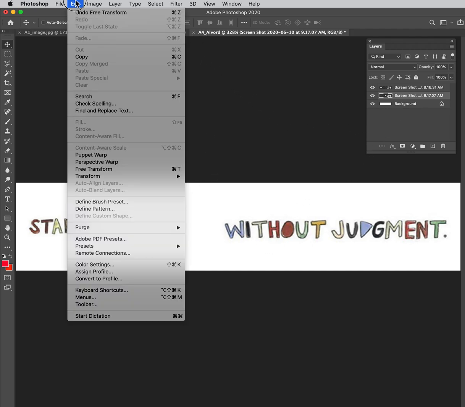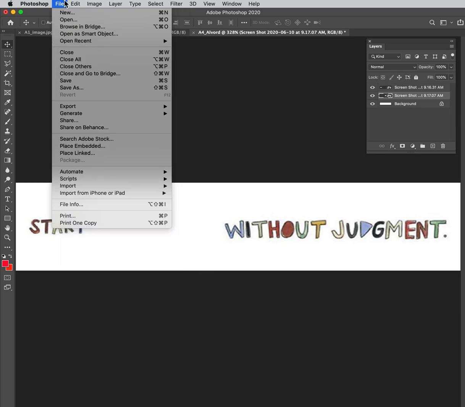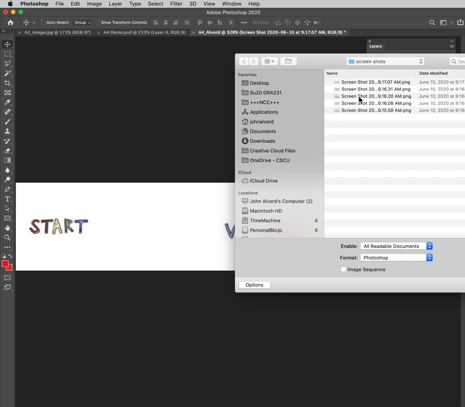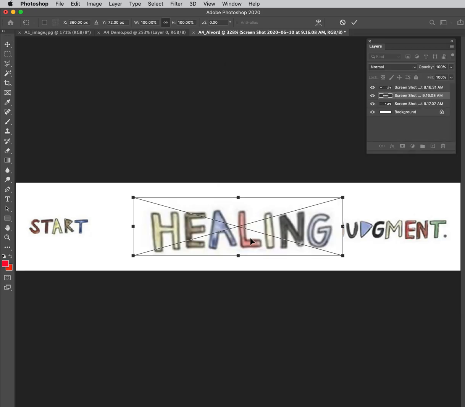did it go away? Okay, it must have gone away. So let me find it again. Under Place Embedded, go to the third. Well, we know what that is. You could also view the screenshots, and then you can name them if you want to. So there's no guesswork. But let me hit Place,